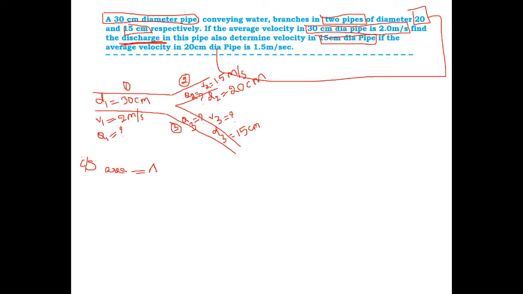A1 equal to pi d square by 4. Pi into d1 square by 4. How much will it be? Pi is 3.14, d1 is